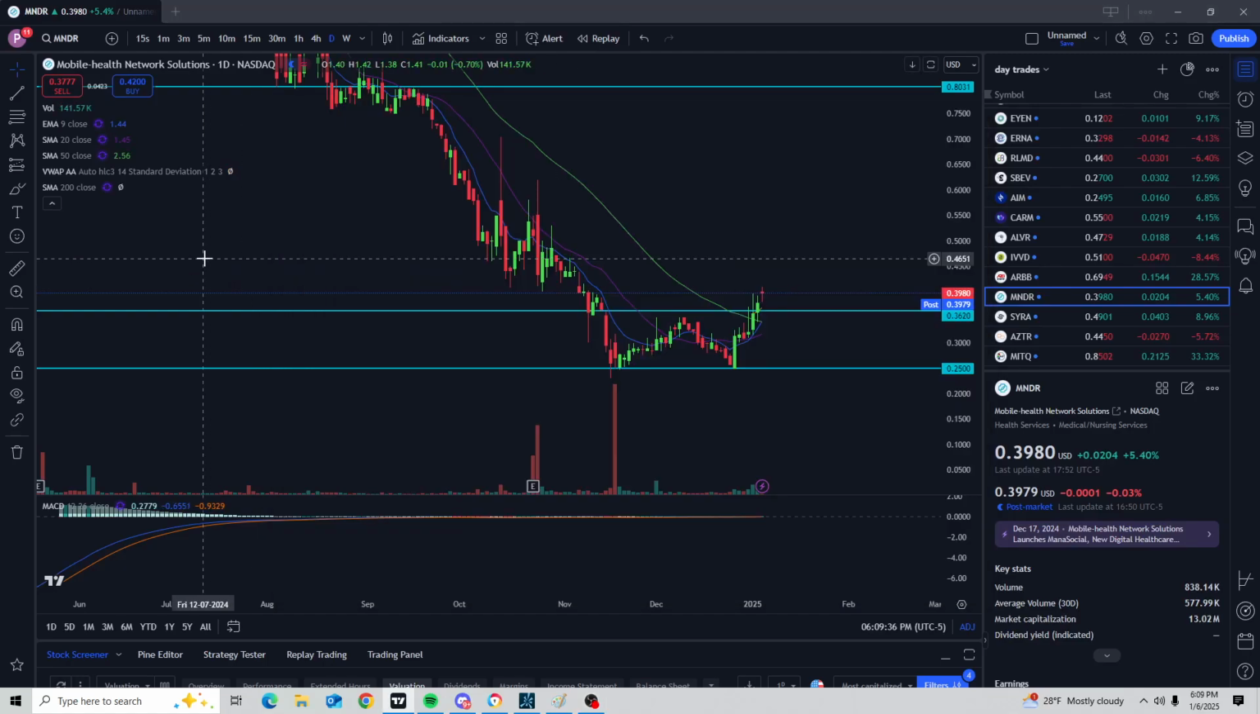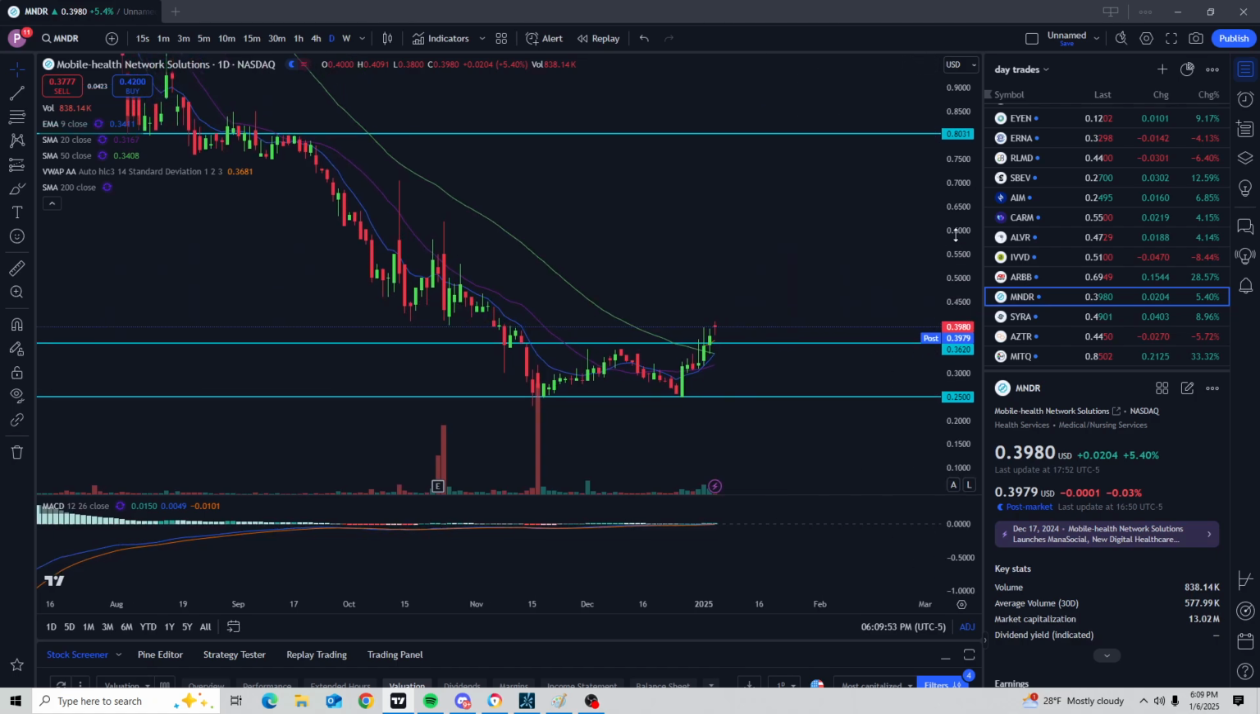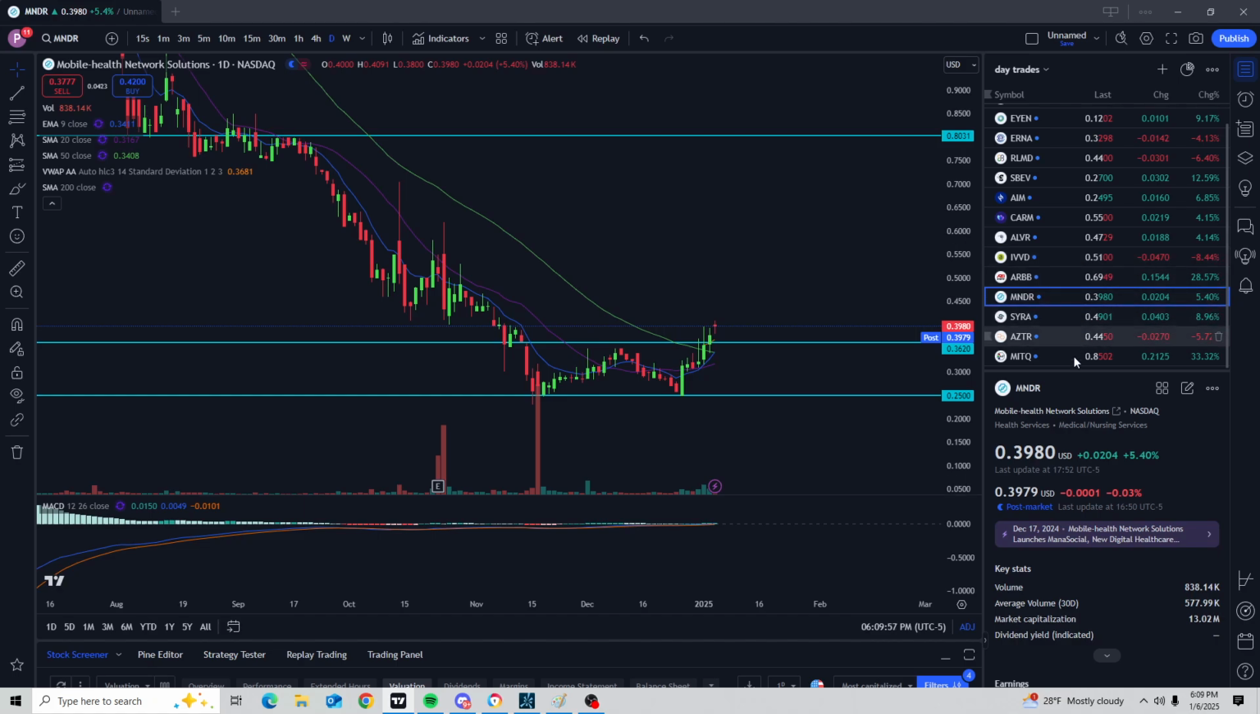Hey guys, I wanted to hop on quickly because a lot of you have been DMing me over the last few days, asking how I'm alerting a stock that I'm buying and then it's going so soon. So I'll give you an example. I'll take